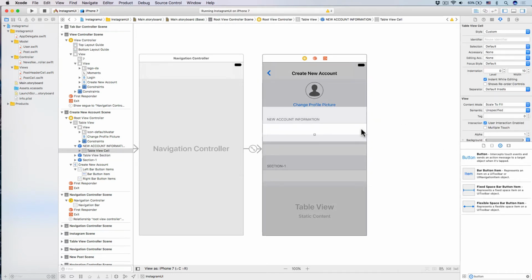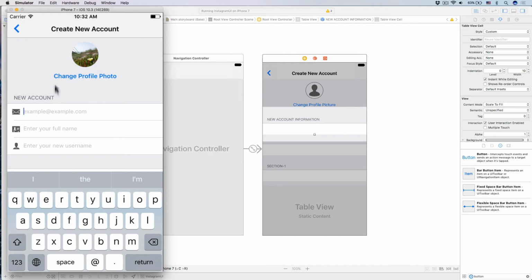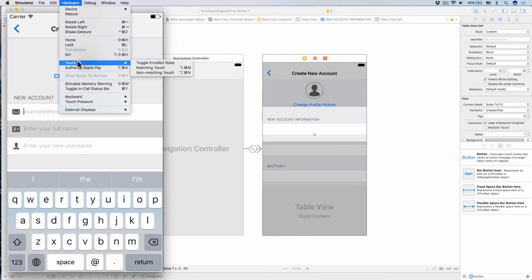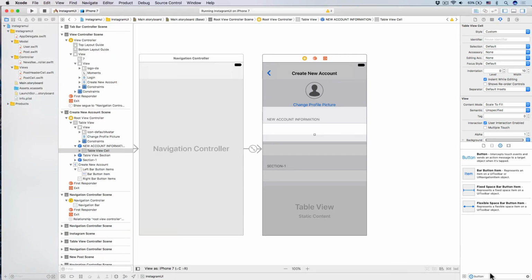All right, now let's design our cells right here. Look at the cells. It looks pretty cool because it has an icon, and it has the label. It's actually a text field. So when you select that, it will pop up a keyboard like that. If you select here and you don't see a keyboard, all you have to do is hold Command K, or you go to hardware, and then use toggle software keyboard like that. Okay, so now let's drag out a UI image